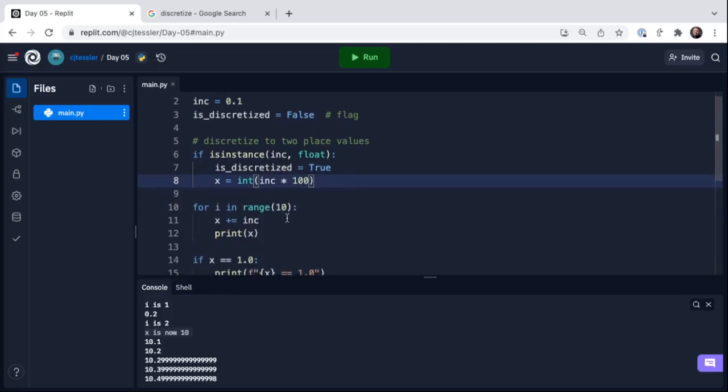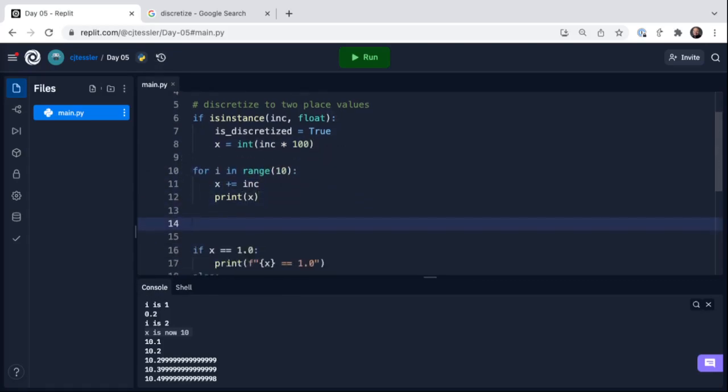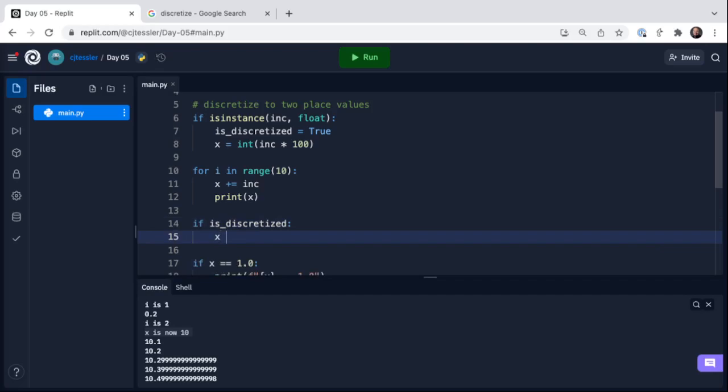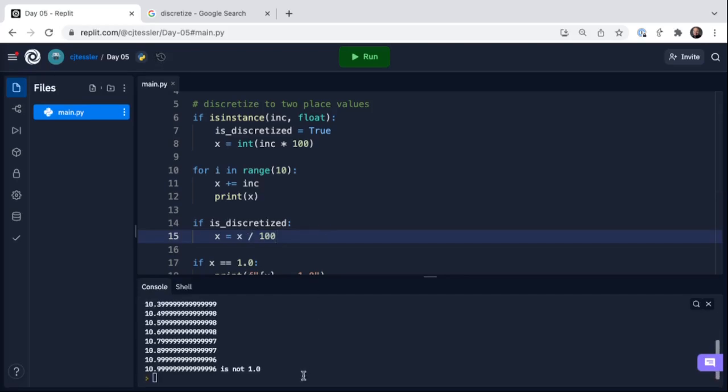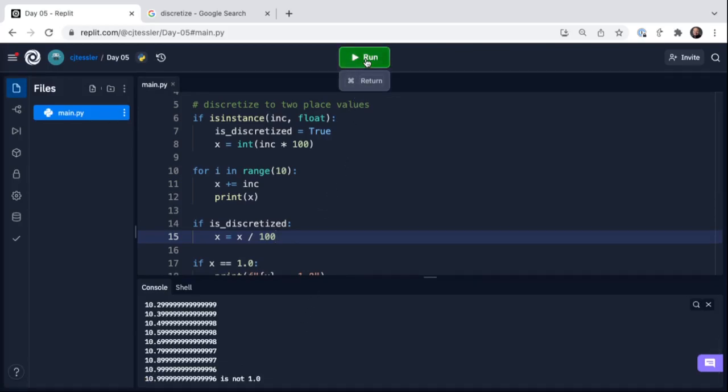But what I'm now going to do is increment 10 times. And since I discretized this at the end, what I'm going to need to do, after I loop, is check if it is discretized, so true or false, and in this case it's true. What I need to go ahead and do is divide x back by 100. If we run this,